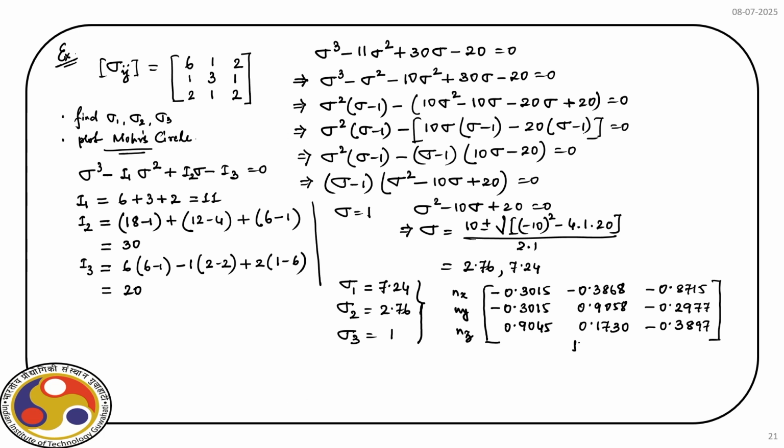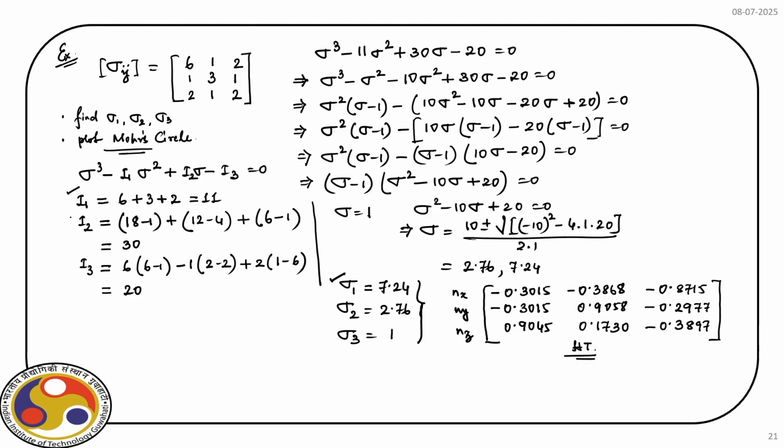So, this I leave it as a home task. I have already explained how to solve this. Use the first value of the principal stress in the original eigenvector equation and use the property of direction cosines, you will get this value. Okay, so we will draw the Mohr circle in a minute, but before that let us cross verify whether this